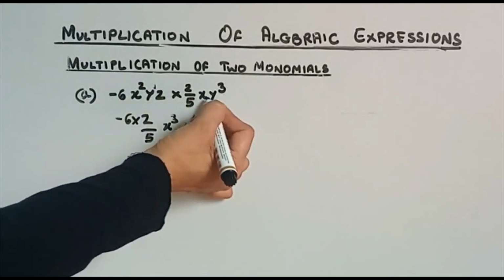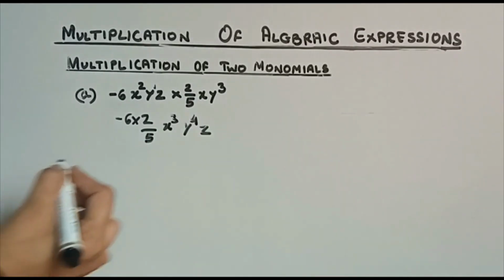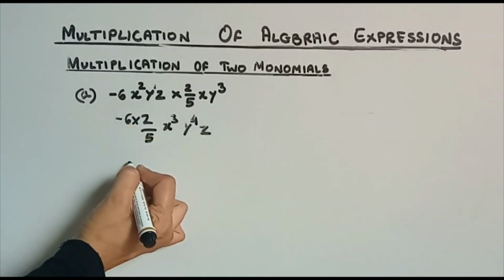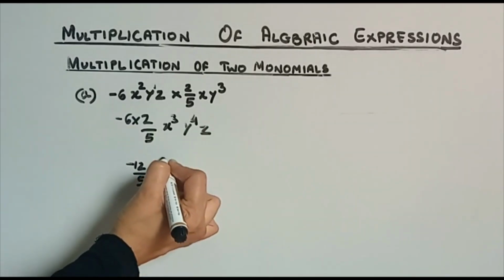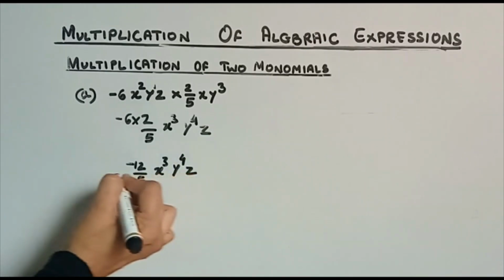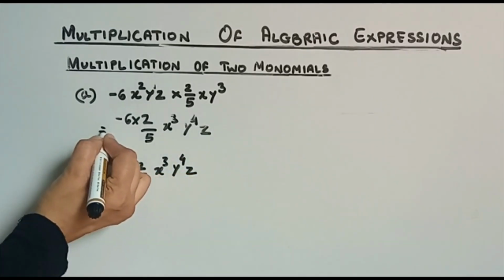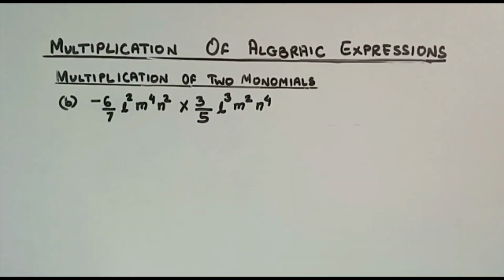Z term is not here, so we are writing it simply as z. So this becomes minus 12 by 5 x raised to 3 y raised to 4 z. So this is our multiplication of these two terms. Second example,